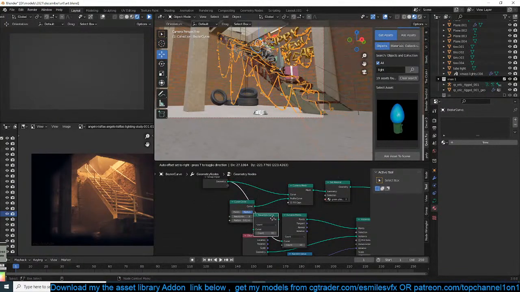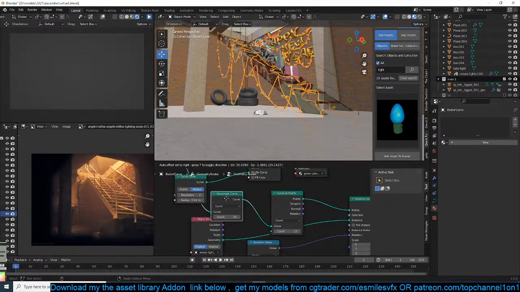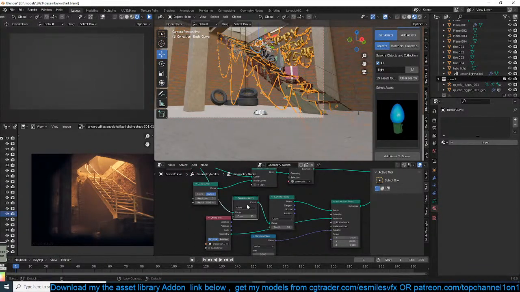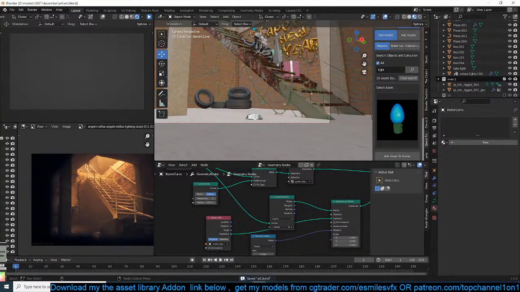Actually, we don't need to resample curve. We just have to increase the count here. That way we have plenty of